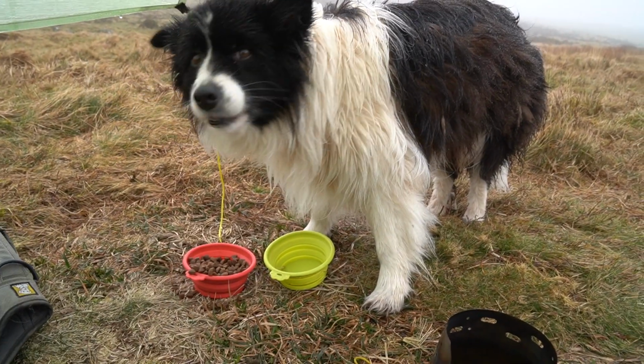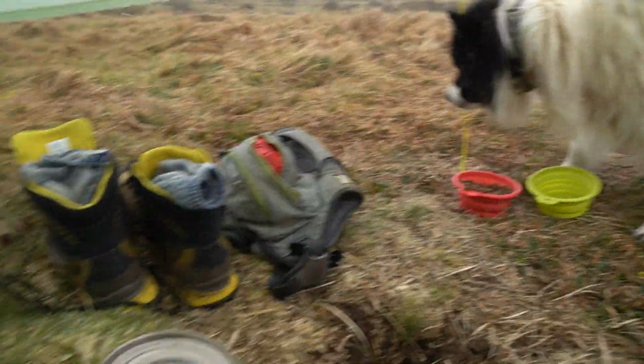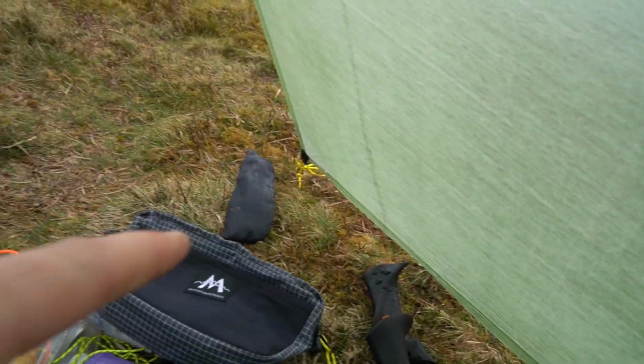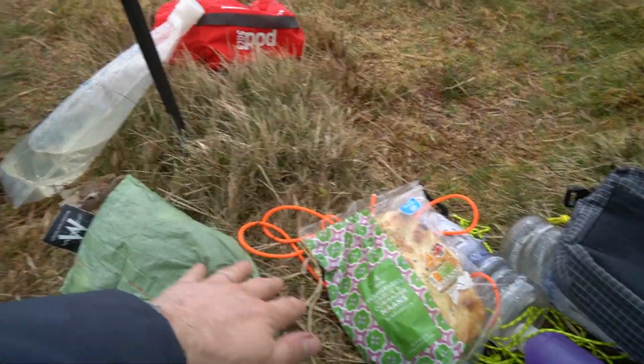The pooch is eating, and it's raining, but you can see I'm pretty close to the door. That's obviously the lack of a door, but there's no rain getting in here, or virtually nothing. And okay, it's not exactly blowing a gale, but there's no wind either. As I said, there's not much of a breeze anyway. But it's surprisingly homely, this, to be honest. I probably wouldn't want to be here if it was really windy like it was last time. I think we'd have far too much wind blowing around the place, because clearly that really was windy. But with not too much wind, as it were,